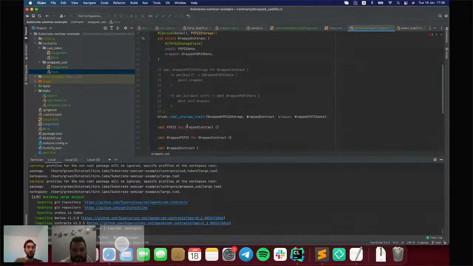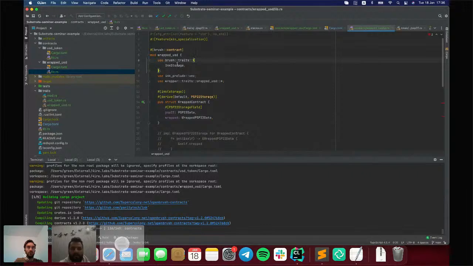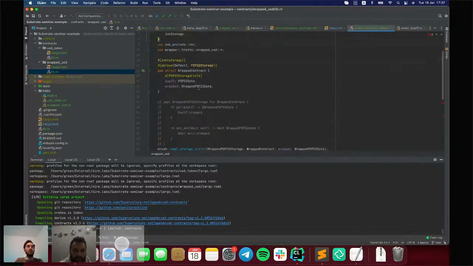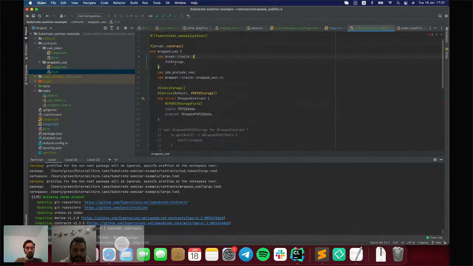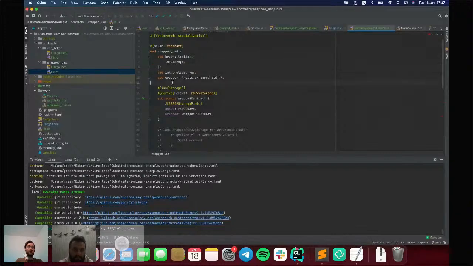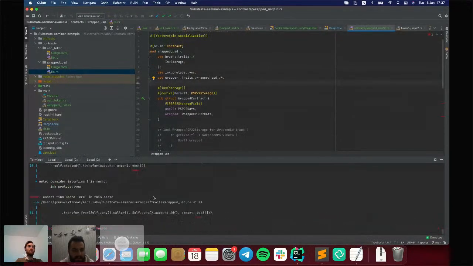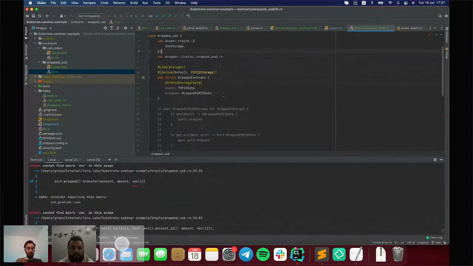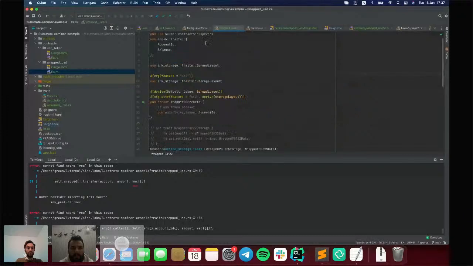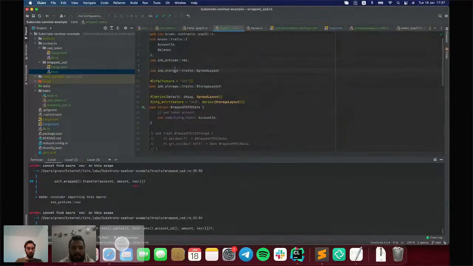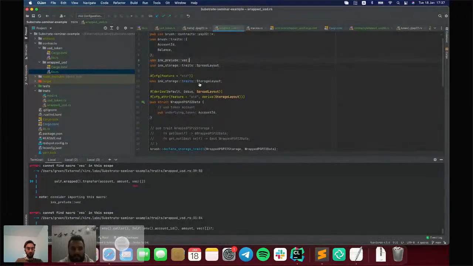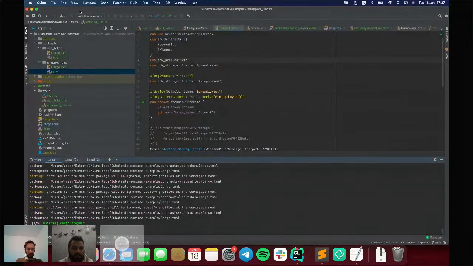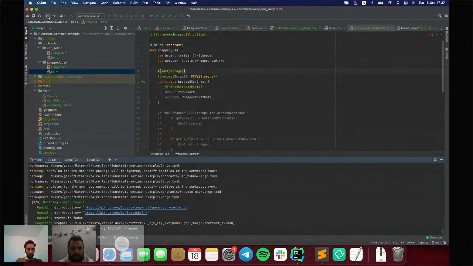Ink generates definitions for account ID and for balance, so we can't import account ID and balance here because we will have two definitions of the same types. Oh yeah, and we need to import that type because we are using it here. It is the definition for vector.